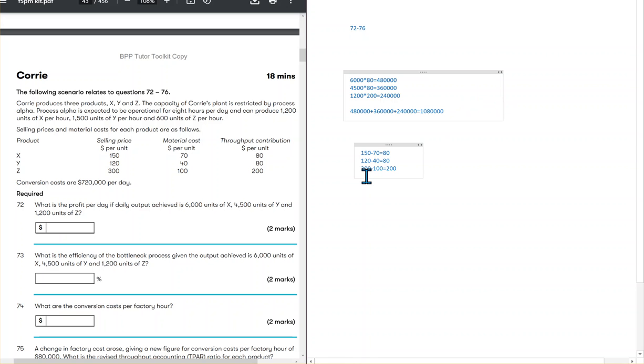This is our total throughput. If our conversion costs are, remember, conversion means labor plus overheads. It is the cost of converting material from one type to another. So we will have a profit of 360,000. Next,